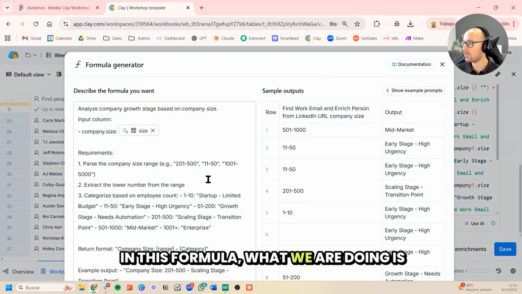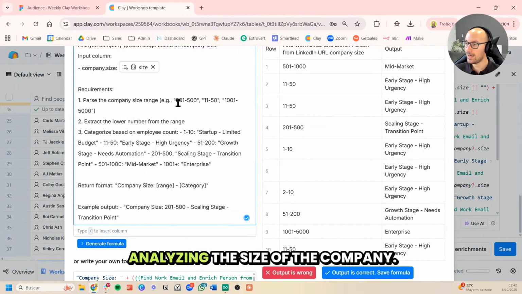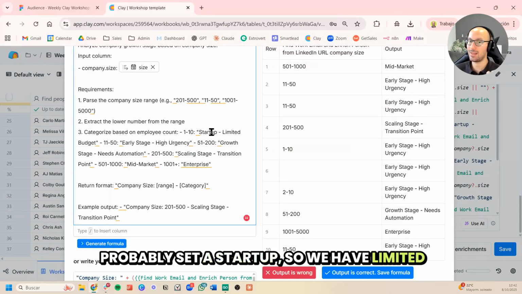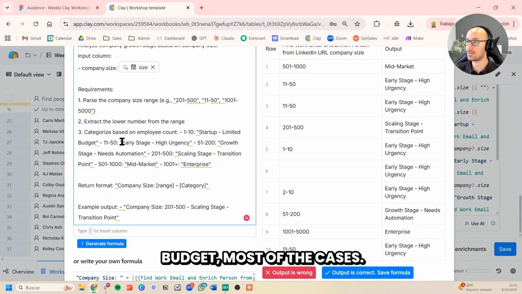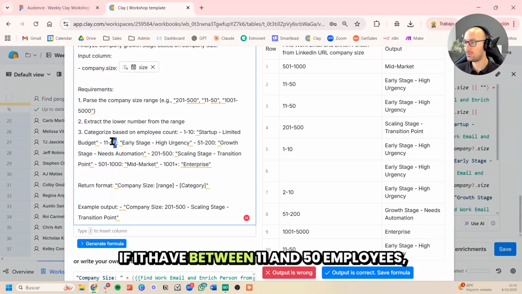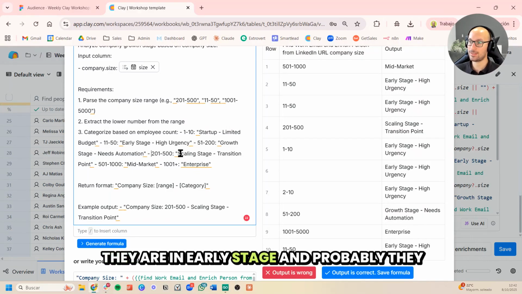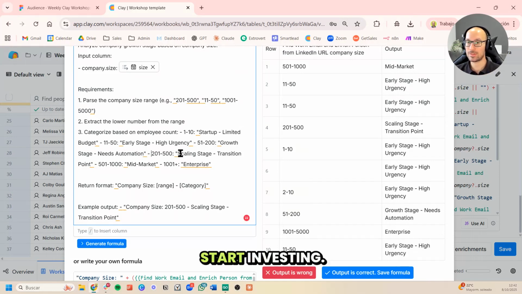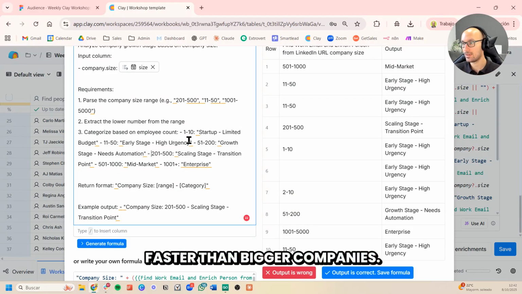In this formula, what we are doing is analyzing the size of the company. If the company is from 1 to 10, probably it's a startup, so in most cases we have limited budget. If it has between 11 and 50 employees, probably they are in an early stage and have high urgency to grow, and they will start investing faster than bigger companies.